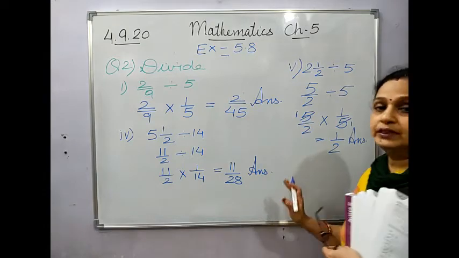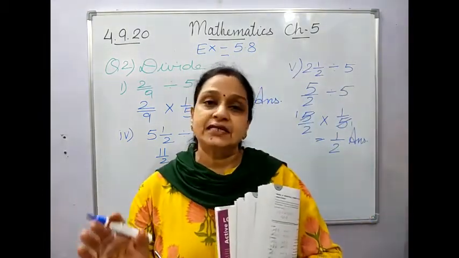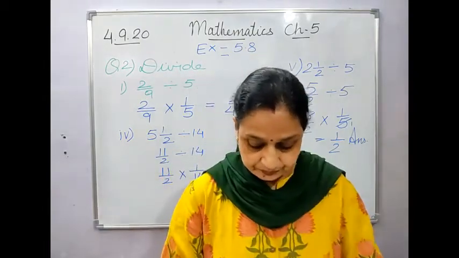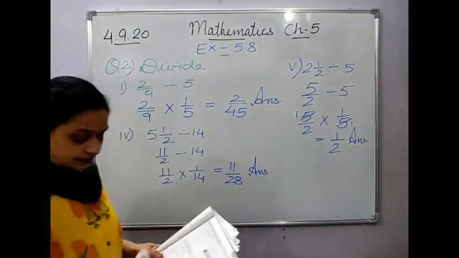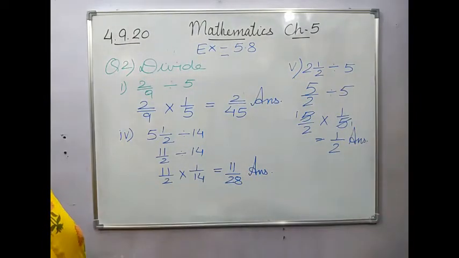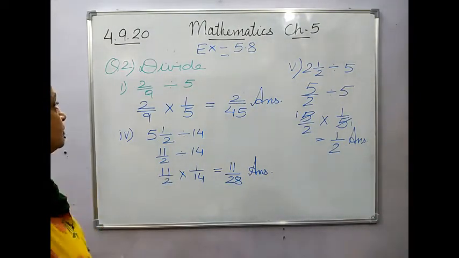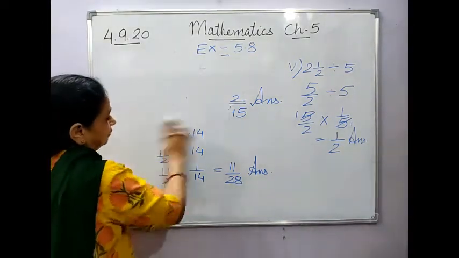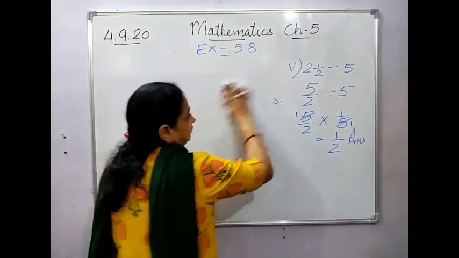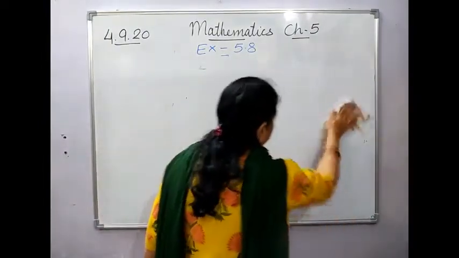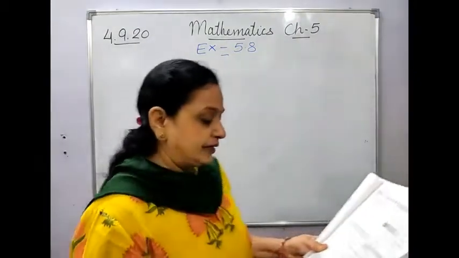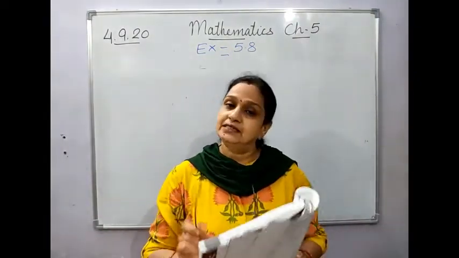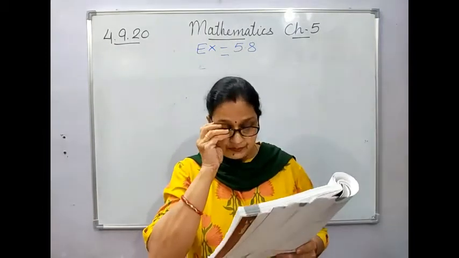I hope both the multiplication and division are clear to everyone. Now next sum. Just have a look. I think it's clear. Now we move on to the problem sums of these. That is question 3 of your exercise. Now children, the remaining are problem sums, and you know that when there are problem sums you have to make the statements. So I'll first explain.